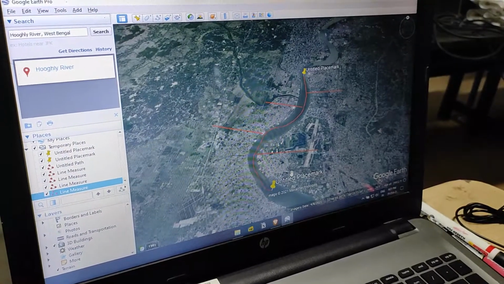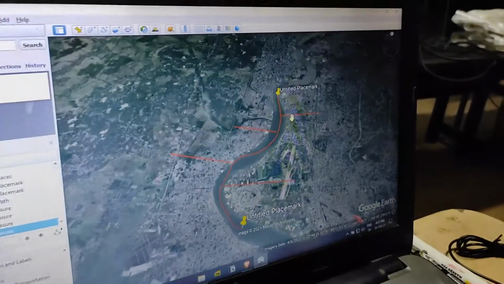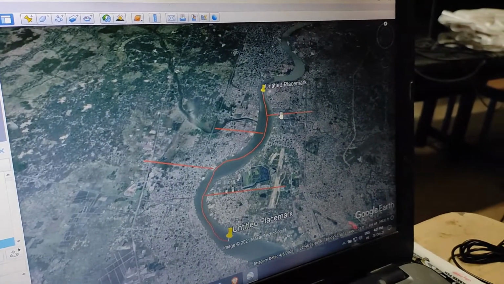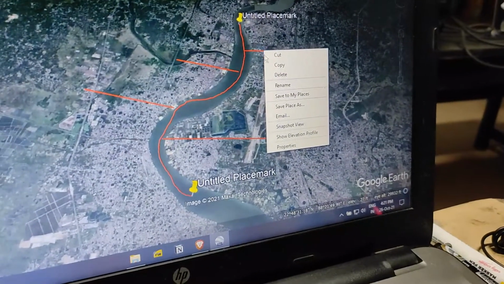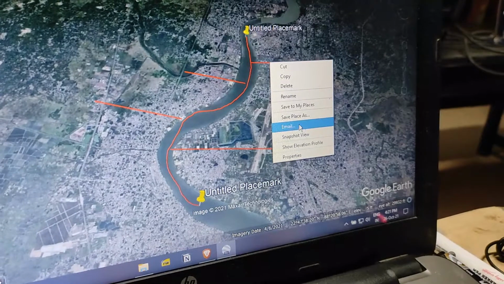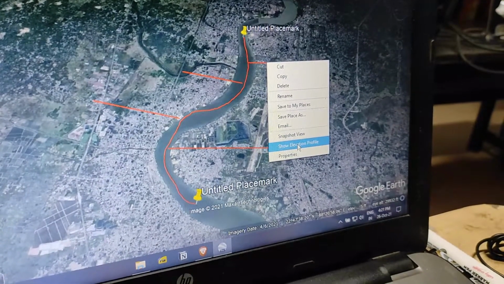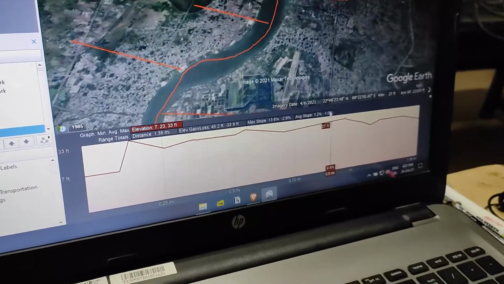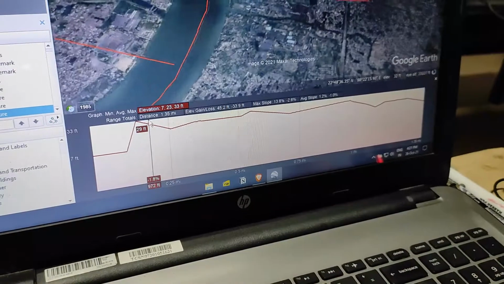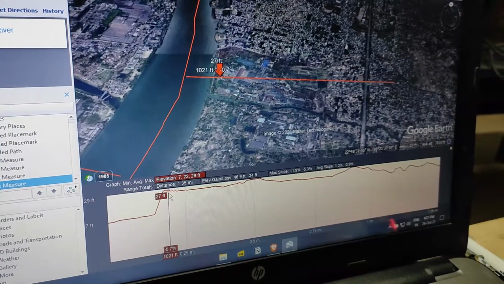For that, right click on the line and then select the show elevation profile option. Here you can see. From here you have to mark the highest location of a specific line. So here in the elevation profile you are seeing the highest elevation.